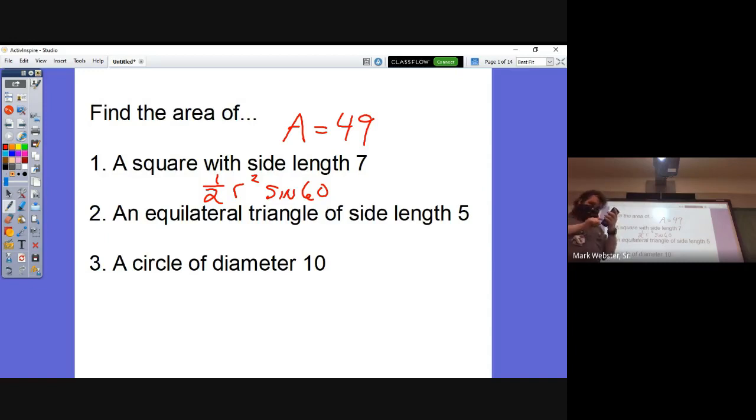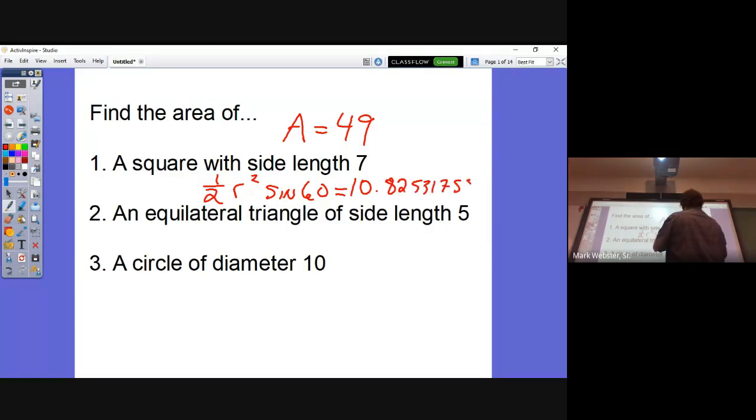Each of the sides is 5. So we end up with 10.8531755, and we round to 4 decimal places whenever we do not have any directions otherwise. So we've got